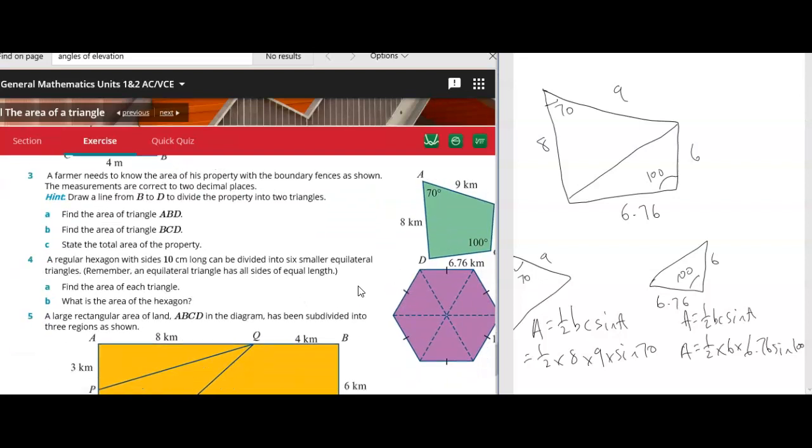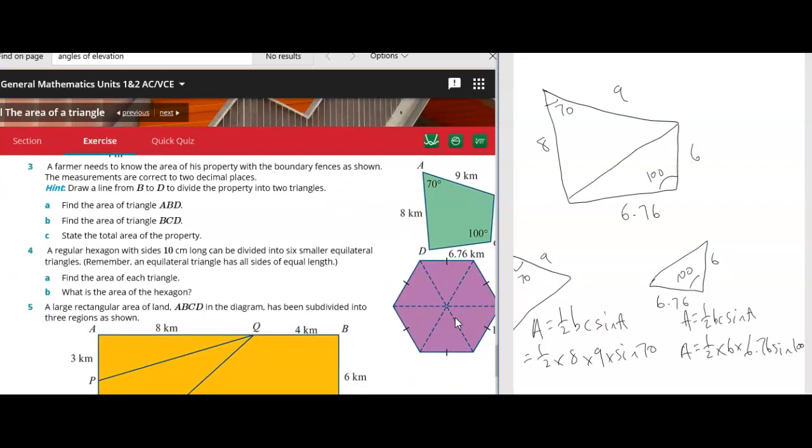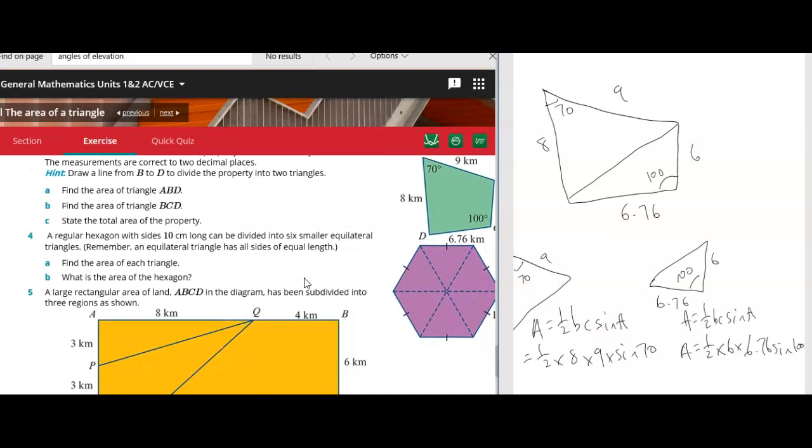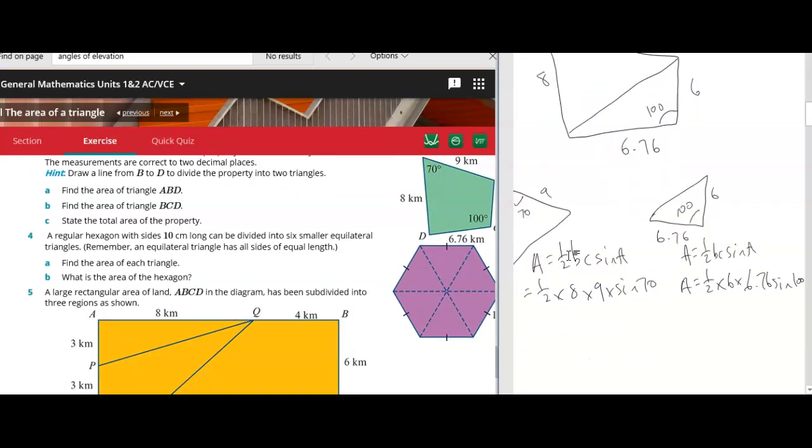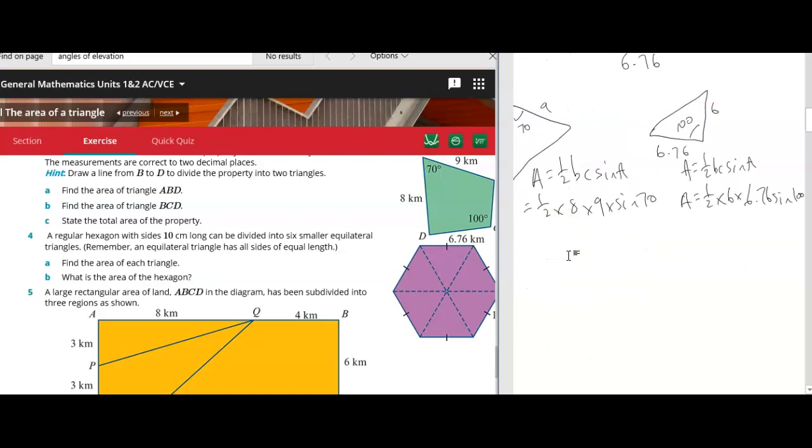All right, question 4. A regular hexagon, so here's our hexagon with sides 10 centimeters long, can be divided into 6 smaller equilateral triangles. Find the area of each triangle. So there's 2 ways you could do this. If we just do one triangle,